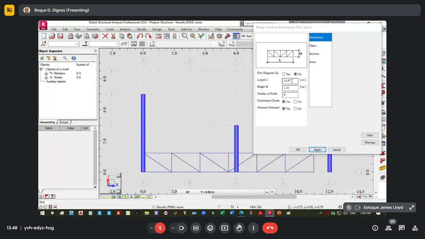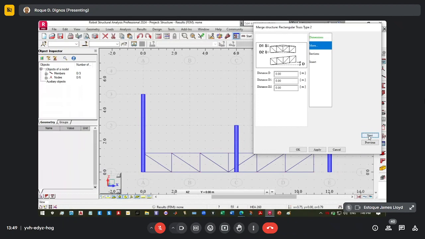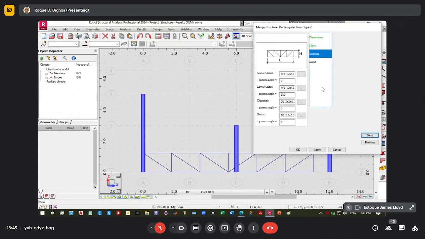And we have the length, which is equivalent to the total bay, and that is 12, 3 by 4, and a height of 1.5, and number of panel length: one, two, three, four. So four. So that's eight. Okay, and then next. There's no distance between the column and the truss.